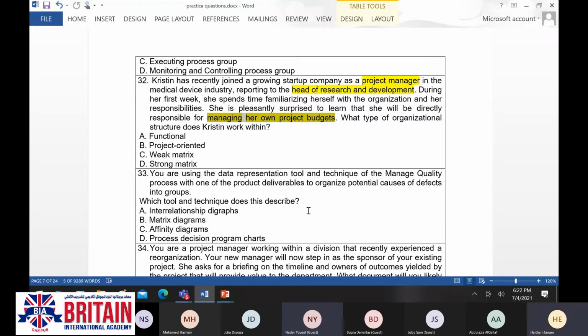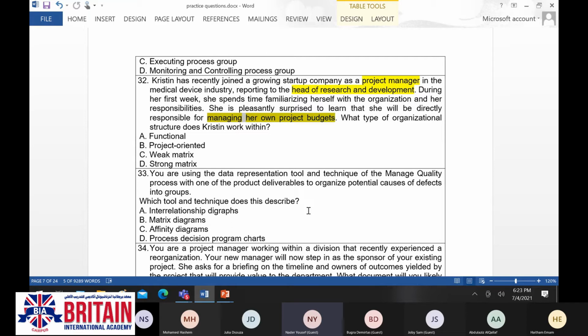You are using the data representation tools and techniques of the manage quality process with one of the product deliverables to organize potential causes of defects into groups.